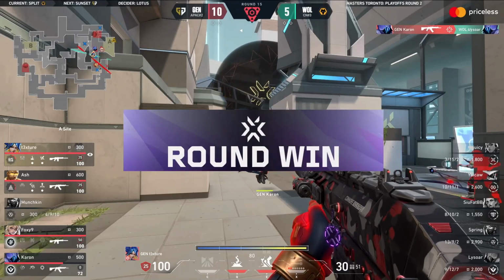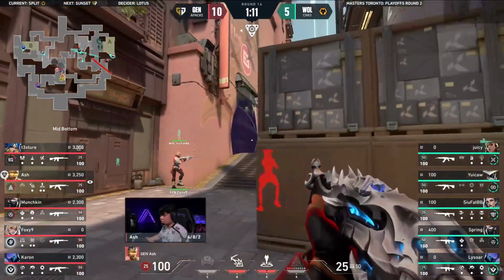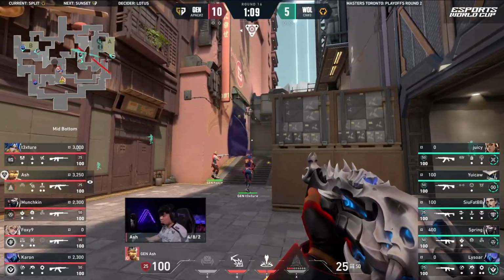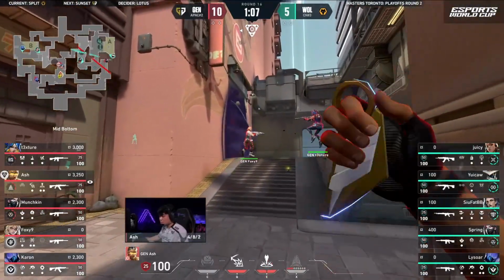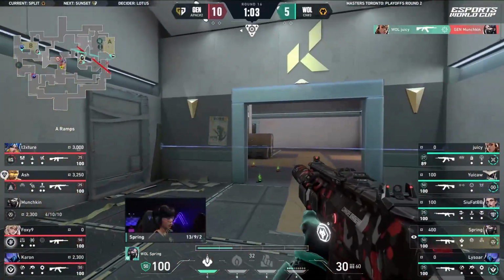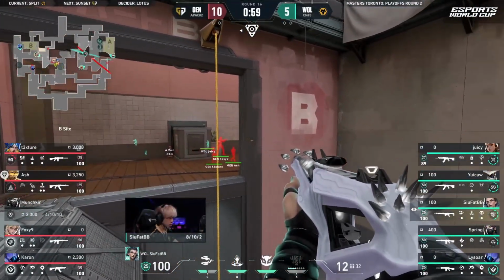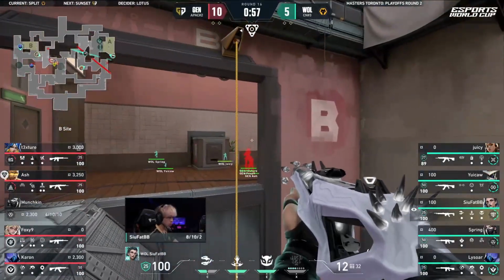Gen.G suddenly stopped the track. Actually dipped their toes to see what was going on early on in the previous round. This kind of rolls back to that discussion on the desk as well. There's none of that real cyclable utility. And Juicy dominating over towards A again. Yeah, Munchkin once again, maybe showing a lack of respect, but...